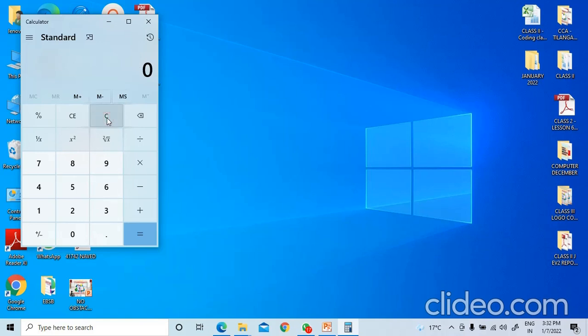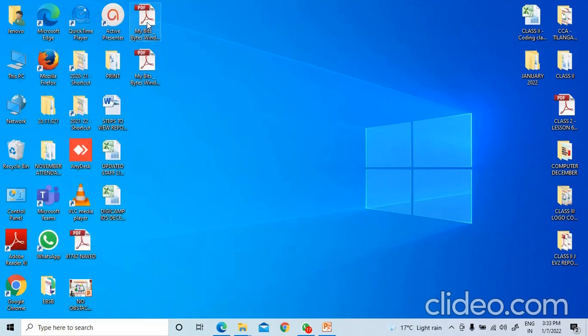Now I will divide two numbers. 20 divided by 5. For entering 20, click on 2 and 0, that is 20, divided by, click on divide sign and click on 5. As soon as I click on equal to, I will get the result. Now to come out of this window, I will click on the close button of this window and hence it is closed.